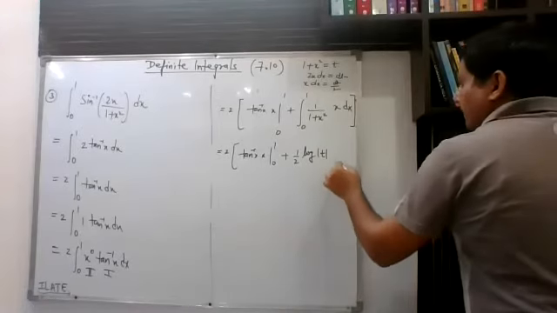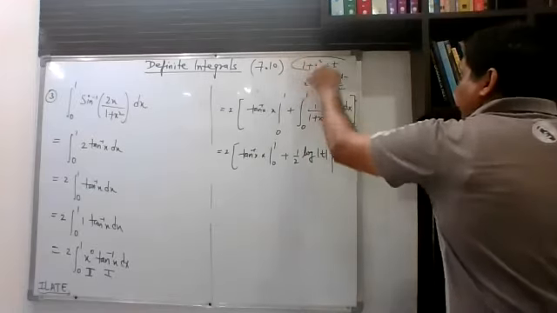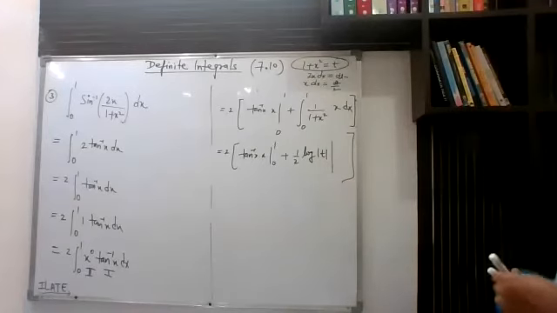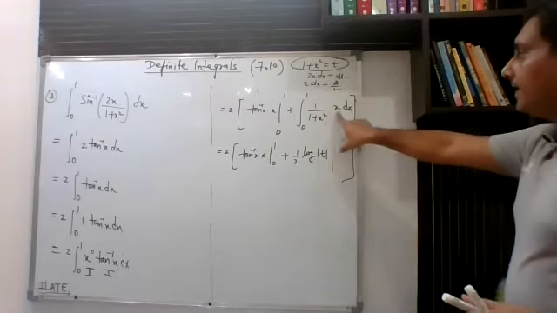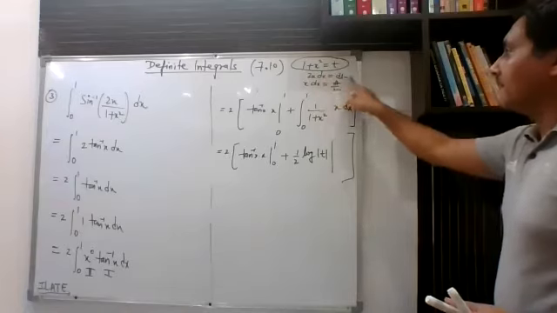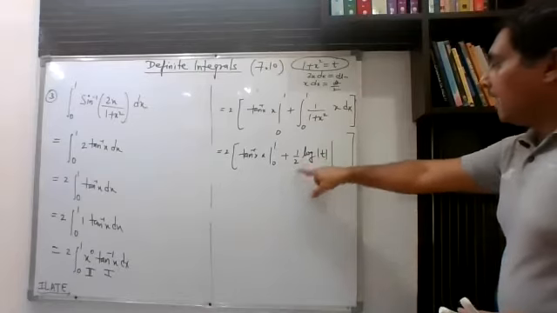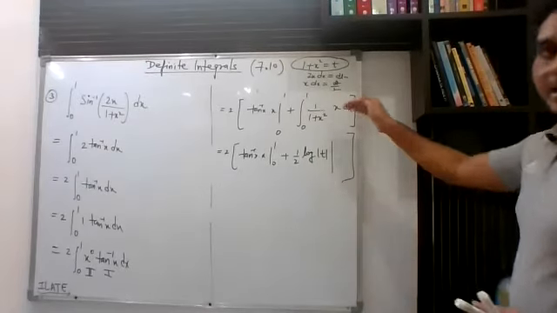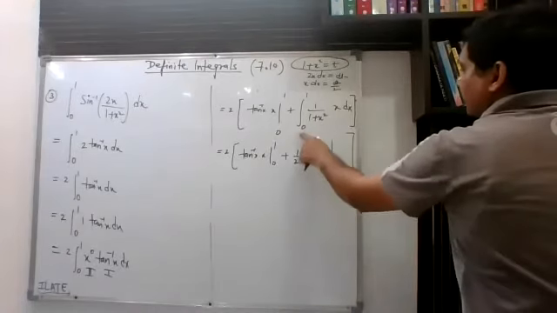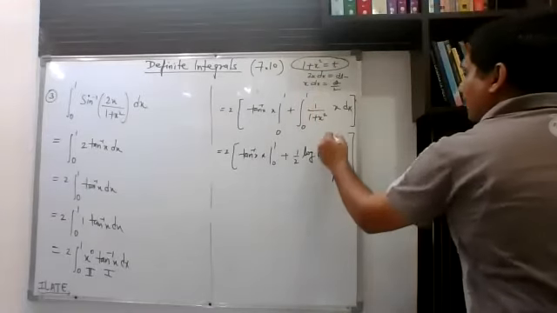Now let us change the limits also. So this one I am doing by substitution method. I had done it directly because you know how to integrate x upon 1 plus x square. We had just taken 1 plus x square as t. So 2x dx will be dt. So x dx will be dt by 2. Now we can write that as half log t because the integral is dt by t. So that is half log t. Now the new limits will be: when you put x is equal to 0 over here, it will become 1. And when you put x is equal to 1, then it will become 2.